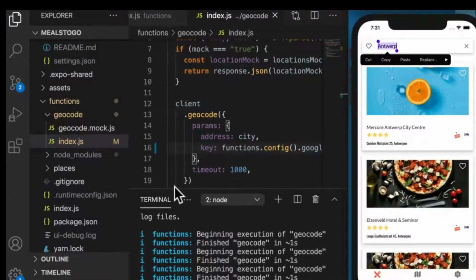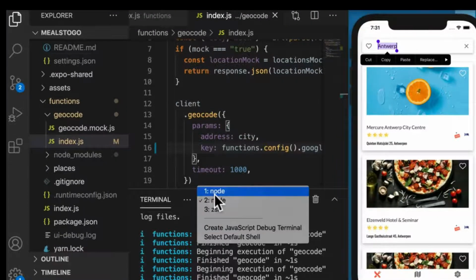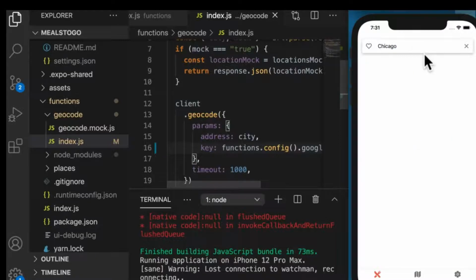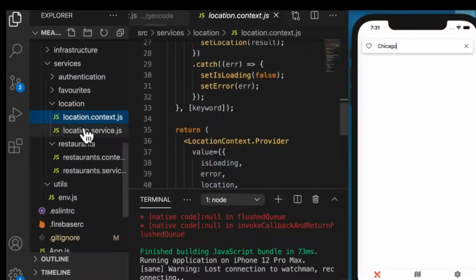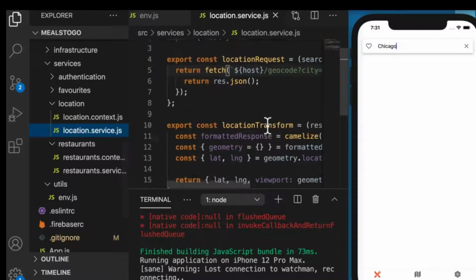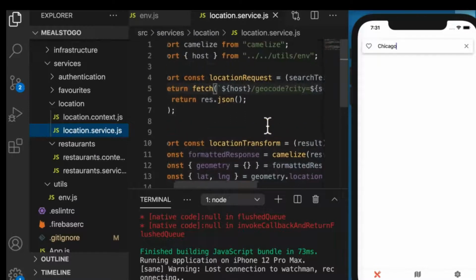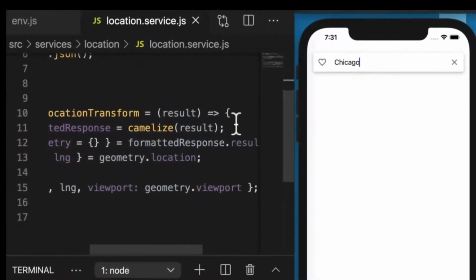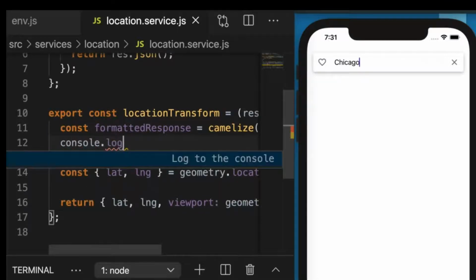If we fill in Chicago right here, should we get back our information? Well, let's try it out, Chicago. And if we do Chicago, well, that currently is not working. So let's go take a look. If we go take a look at location service, and we take this host JSON that we get back, and we say console.log result,